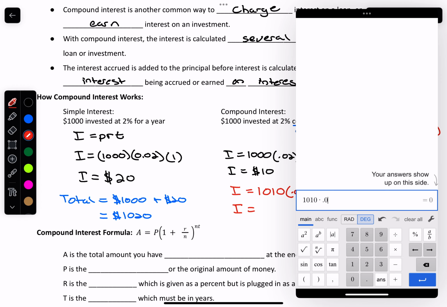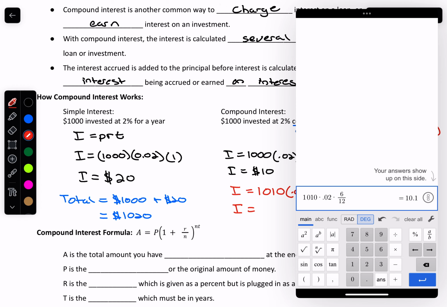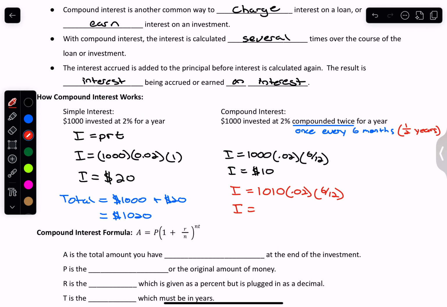1010 multiplied by 0.02 multiplied by 6 over 12 gives us 10.1. So this time we earned $10.10. Okay, so the interest is $10.10. So our new total